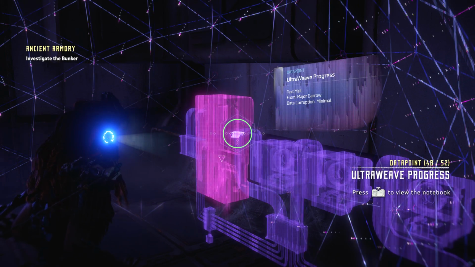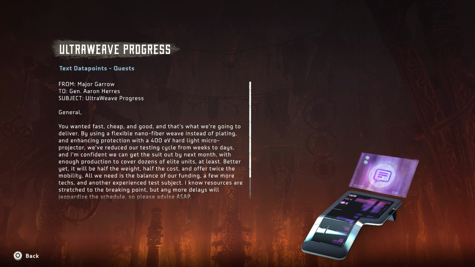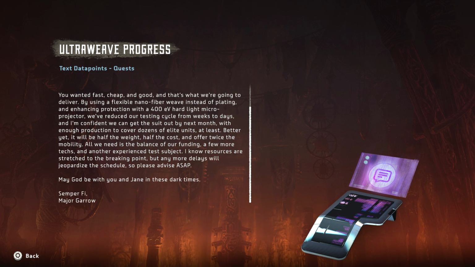ULTRAWERVE progress. From Major Garrow to General Aaron Harris. Subject, ULTRAWERVE progress. General, you wanted fast, cheap, and good. And that's what we're going to deliver. By using a flexible nanofiber weave instead of plating, and enhancing protection with a 400 EV hard light micro projector, we've reduced our testing cycle from weeks to days. And I'm confident we can get the suit out by next month, with enough production to cover dozens of elite